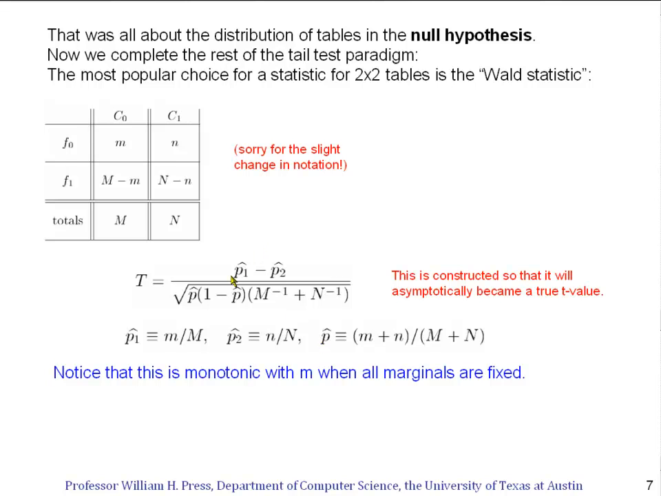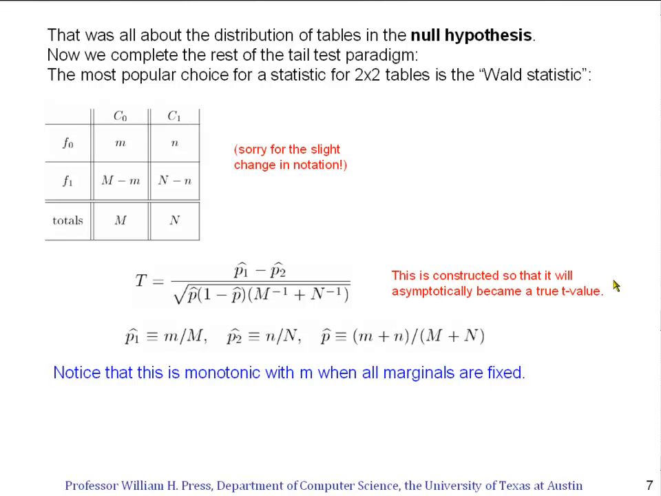So the Wald statistic is just constructed to be the difference between those estimates, and then it's divided by something that, if you work it out, I'll leave that as an exercise, is an estimate of the variance of this difference. In other words, the square root is the standard deviation of this difference. And the whole point of constructing it this way, using the p hat and using the total column marginals m and n,